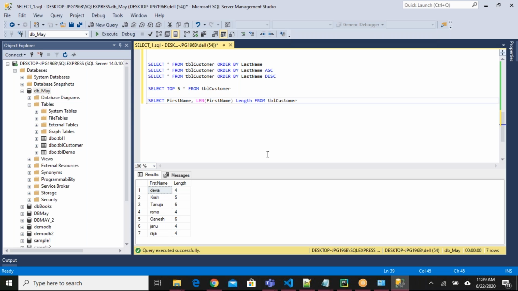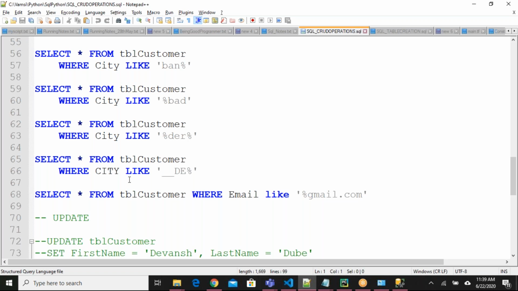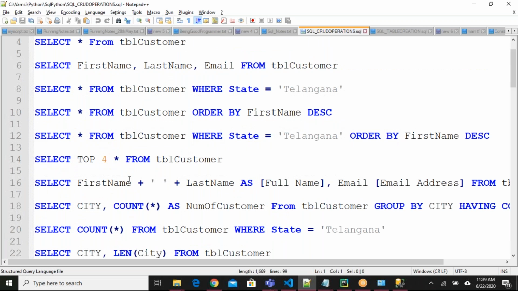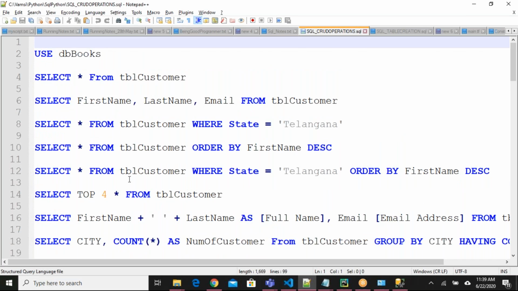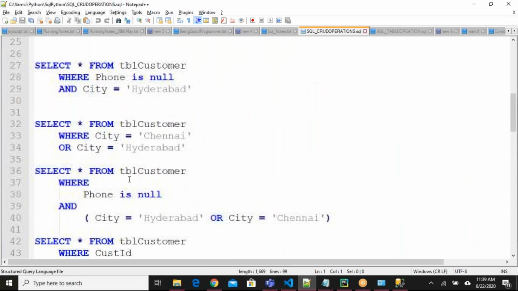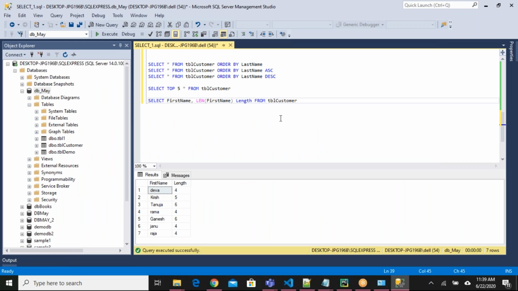What else are we missing? I think we covered most of the things. Joins also we need to understand. Before joins, you need to understand foreign key relationship. Then only you can understand the joins. So we'll discuss later. I think we covered most of the select statements. Any questions on this part so far?